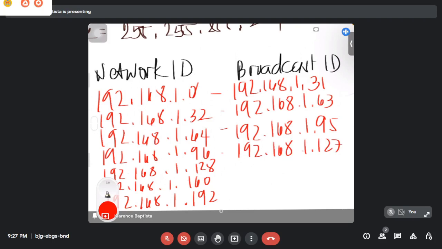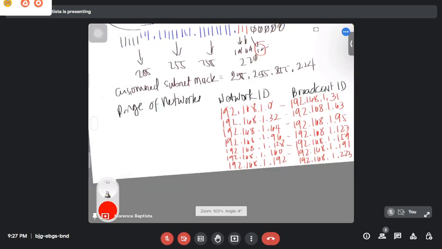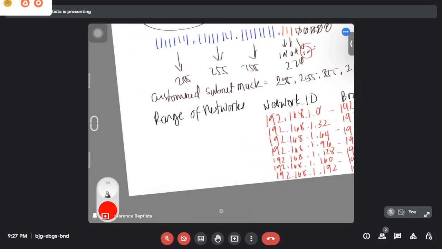Okay, meron din tayong 192.168.1.159. So 160, 192.168.1.191. And then dito is 192.168.1.223. So kulang pa. Meron pang last which is